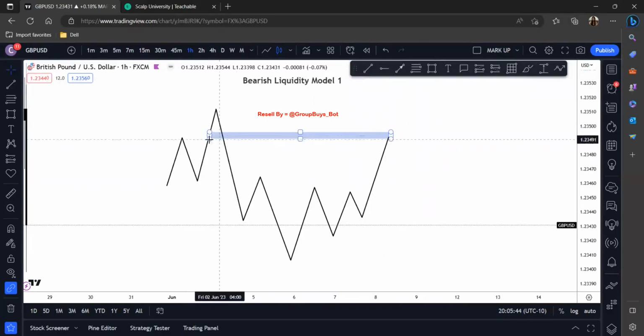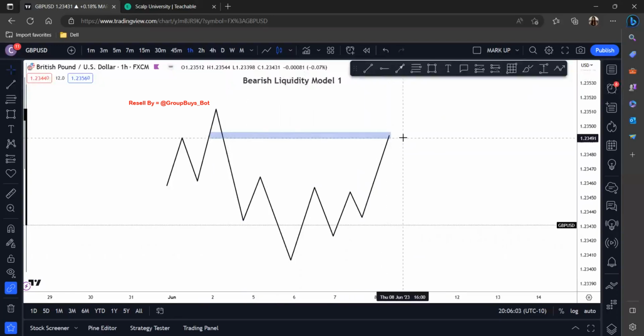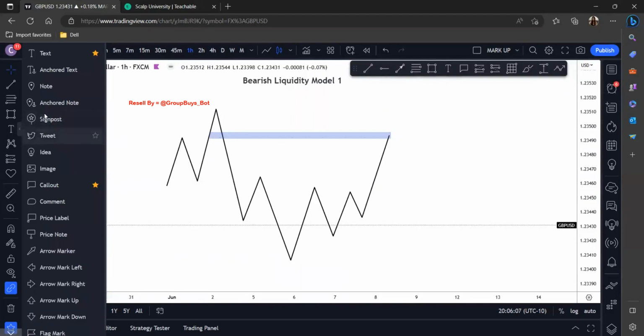So what I will say, when we are watching price action in the live market as it moves and price is creating this type of pattern, you want to understand the psychology behind this and the reason why price is going to drive to this area where we can look for sell-offs. So we see